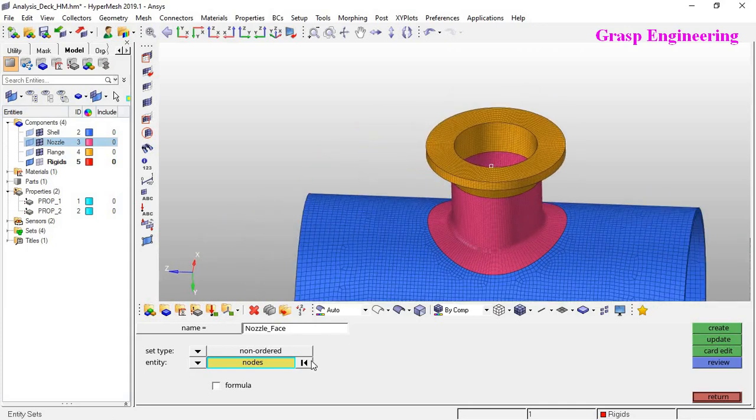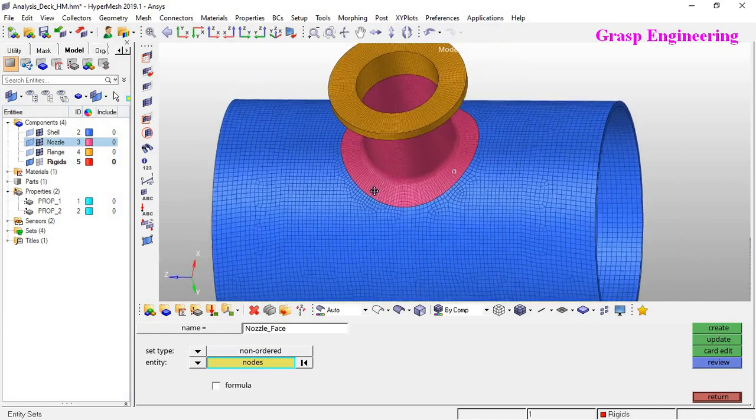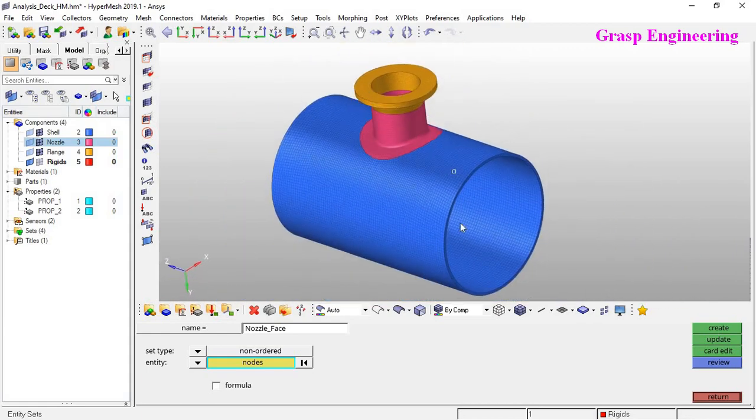Now let's create another one, that is internal pressure, that is not required, but I will tell you. So let's suppose if you want to apply the forces, the pressure in HM or in ANSYS, in that case you need to create the entity sets. So on these respective entity sets we can apply loads either in Hypermesh or you can even apply in ANSYS.